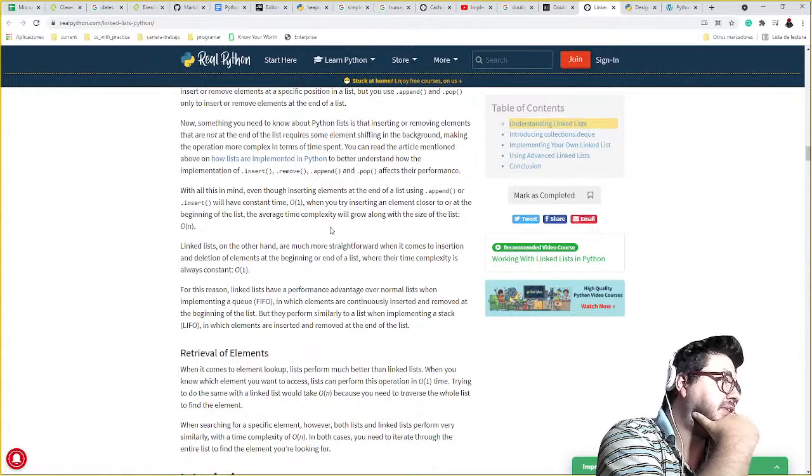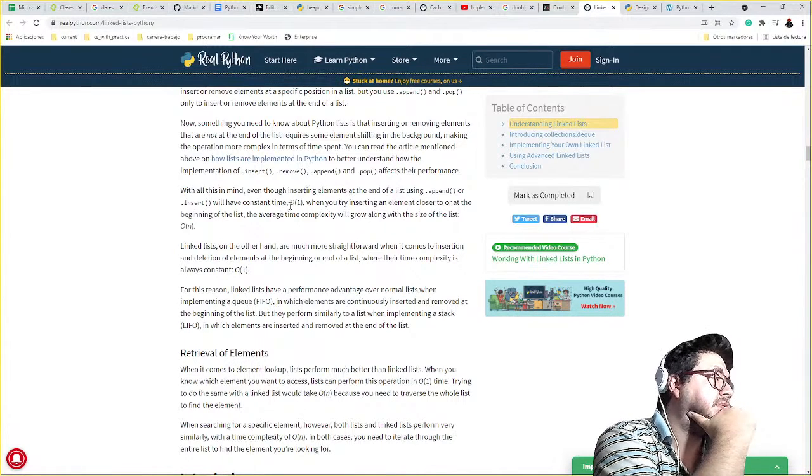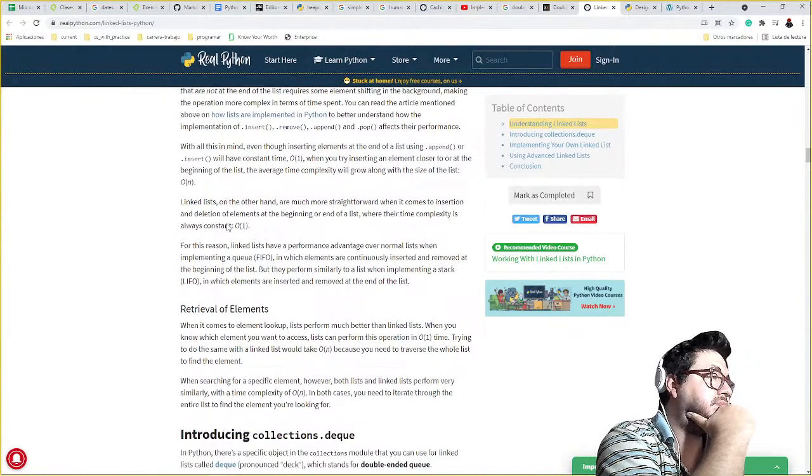With all this in mind, if you want to insert certain elements at the end, it is O(1). If you try inserting closer to the beginning, the average is O(n). Linked lists are much more straightforward when it comes to insertion and deletion.